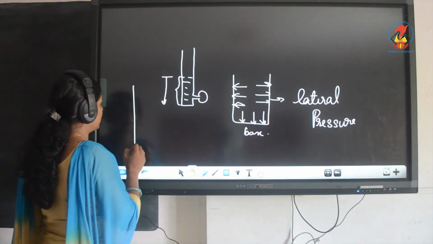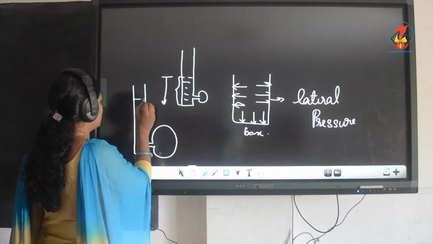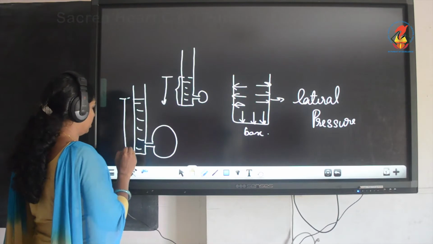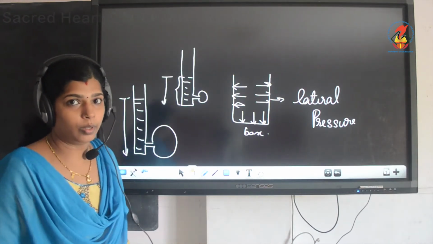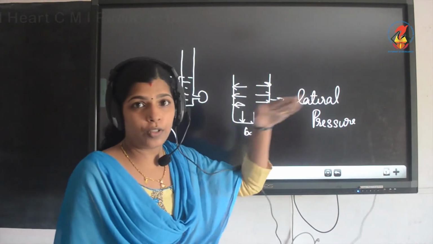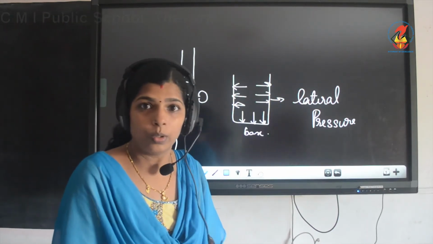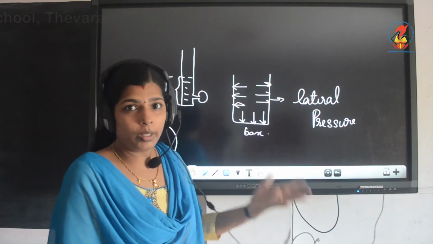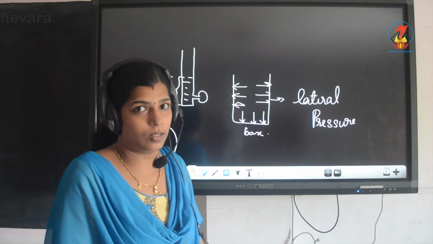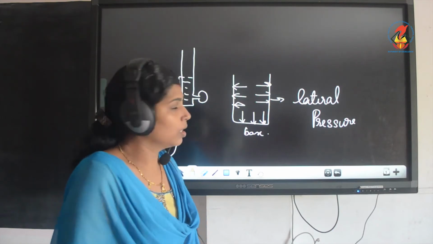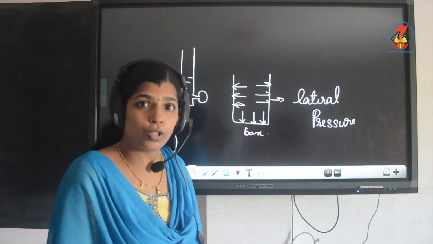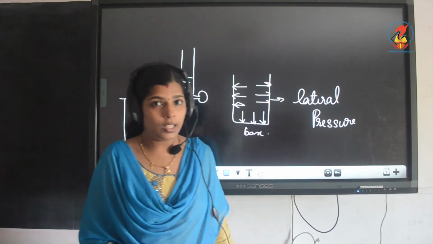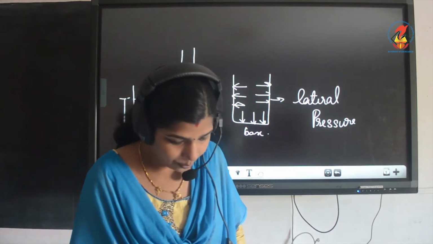In the second case, the bulging is more because this much water is there. This is the height of the liquid column. We measure it from the surface of the water in the downward direction. So when the height of the liquid column increases, the depth increases, so lateral pressure also increases. That's about activity 11.8 and activity 11.9.